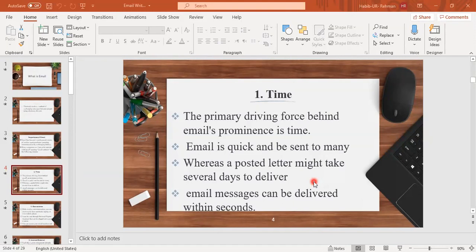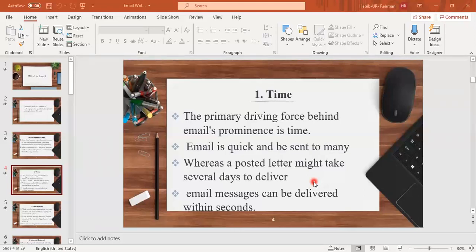It will take several days to deliver your letter, and then you will receive your answer or feedback on that letter. So overall, it is a time consuming process if you post a letter.